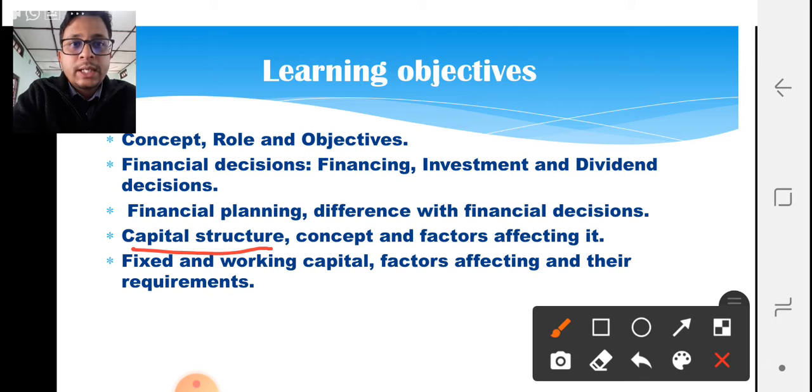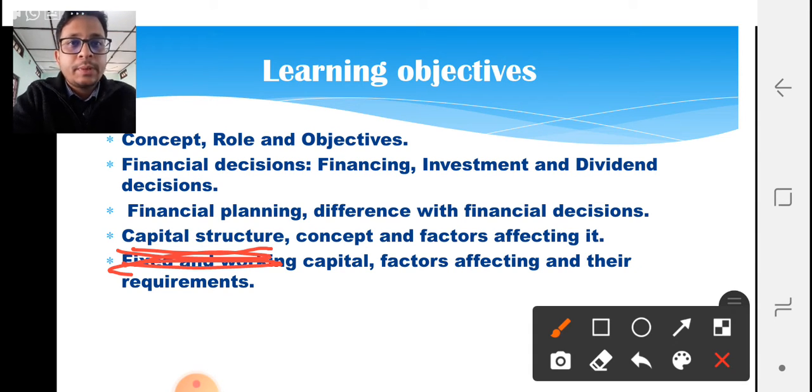Usually a firm has its capital structure from various sources. It can raise funds either by taking a loan from a bank, or by issuing equity shares, preference shares, debentures, bonds, etc. Taking a loan from a bank or any other financial institution constitutes your debt capital, and raising funds by issuing shares, usually equity shares, constitutes your equity funds. So capital structure is actually a mixture of debt and equity.